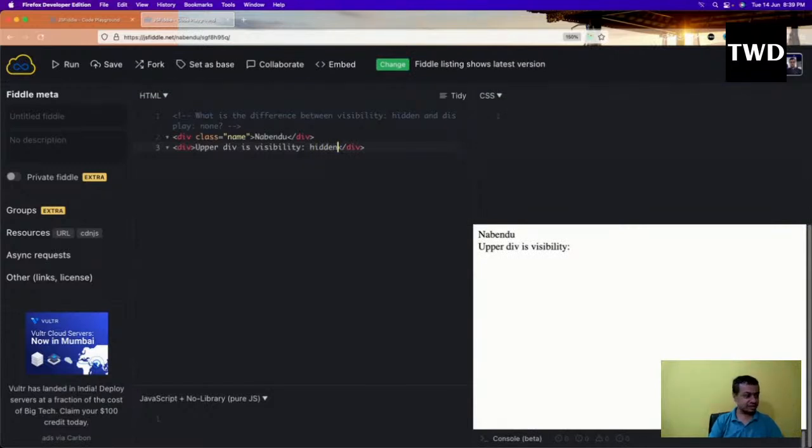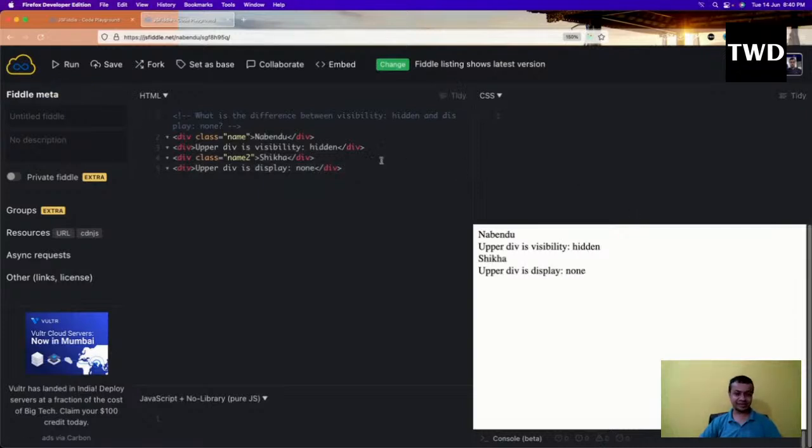Upper div is visibility hidden, and then div and class equal to name2 and div, upper div is display of none. So now both of them are shown because I have not applied the